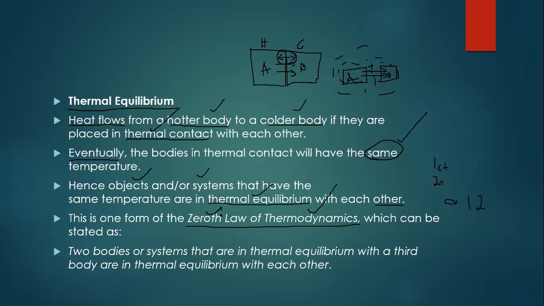So you don't expect heat to go the other way. For example, if you have ice cream, it might be at 0 degrees, and maybe you have water which is at 100 degrees. You don't expect the ice cream to give some of its temperature and add to the heat of the water. We expect that the water, which is at a higher temperature, should add heat to the colder ice cream. So heat should flow from a hotter body to a colder body, and this is what is called the zeroth law of thermodynamics.